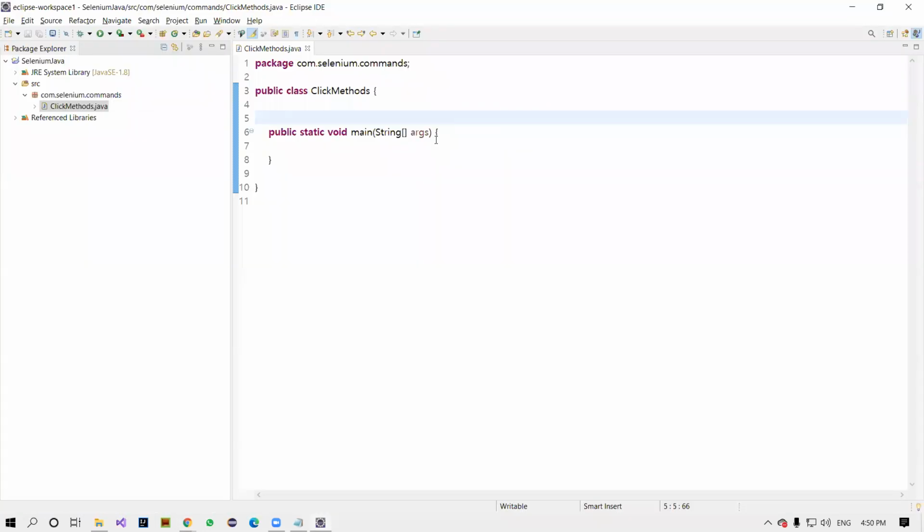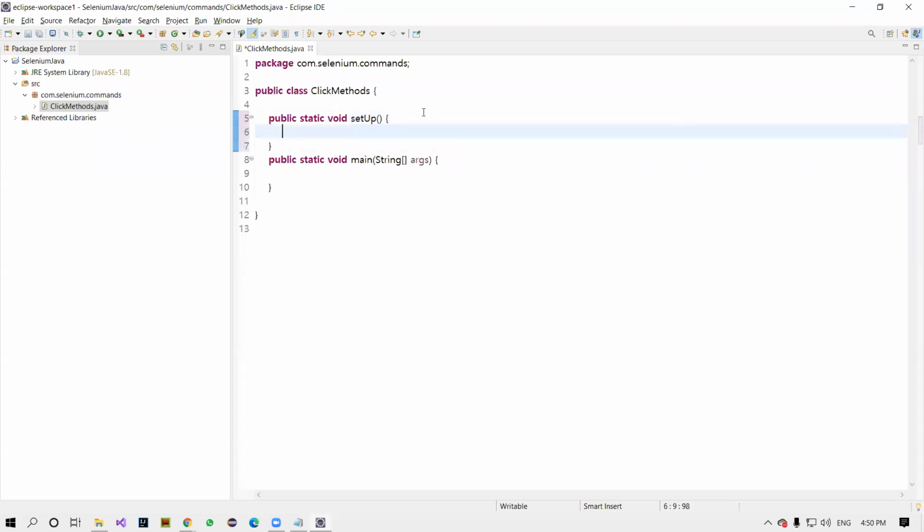For this, I'm going to create a method called public static void setup. You can also call it an invoke method, invoke browser, which is meaningful. Now I have to create an instance of WebDriver to launch the browser and navigate to the URL.